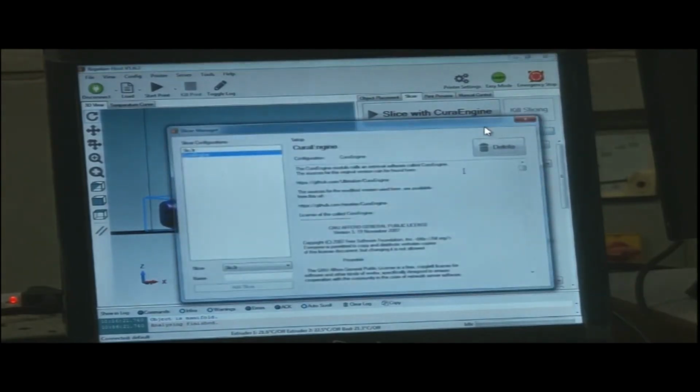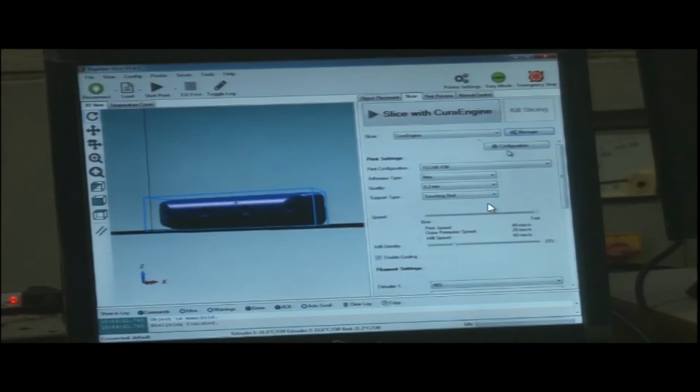Now we have the manager here. When we click the manager tab, this window pops up. The manager is for the advanced version. For instance, if some big manufacturer needs to calibrate the machine, he needs to go to the advanced settings, then he can use this manager. We would not use this. Next one is